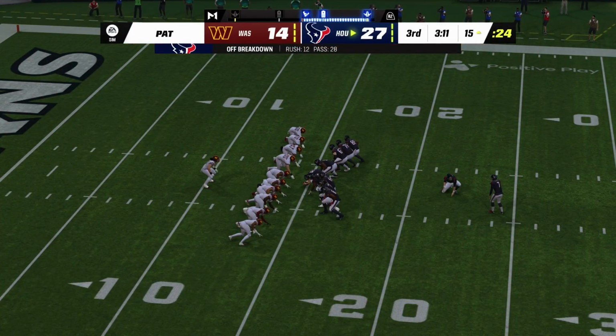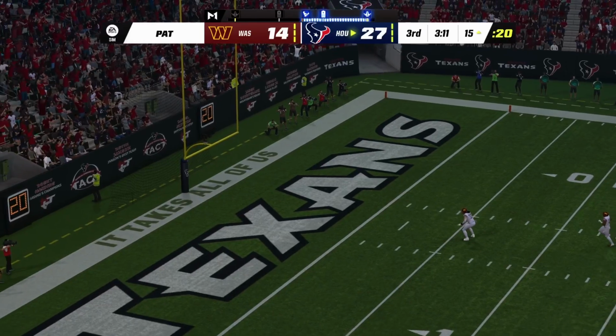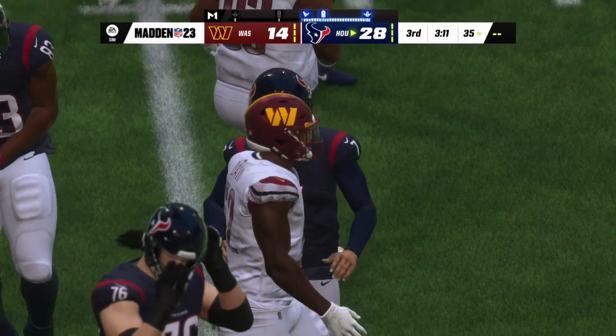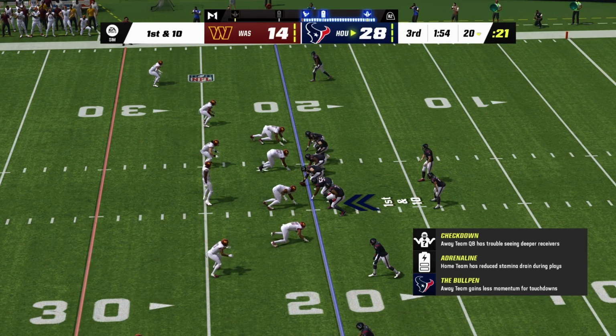On for the PAT, Kaimi Fairbairn. He's got it as they double up the lead. This one's now 28-14. They're going to call their plays accordingly because what you really want to do, even though